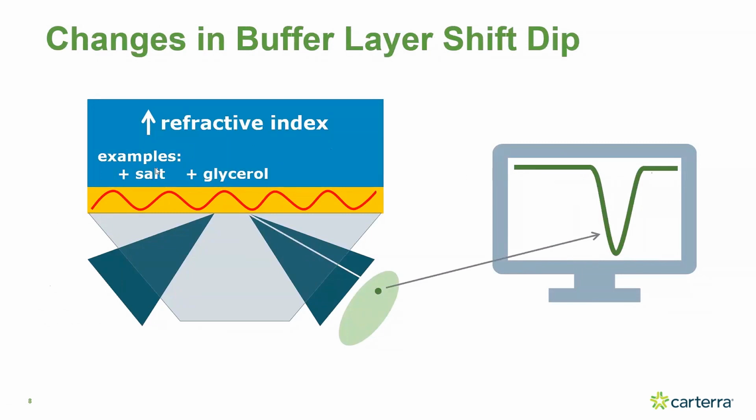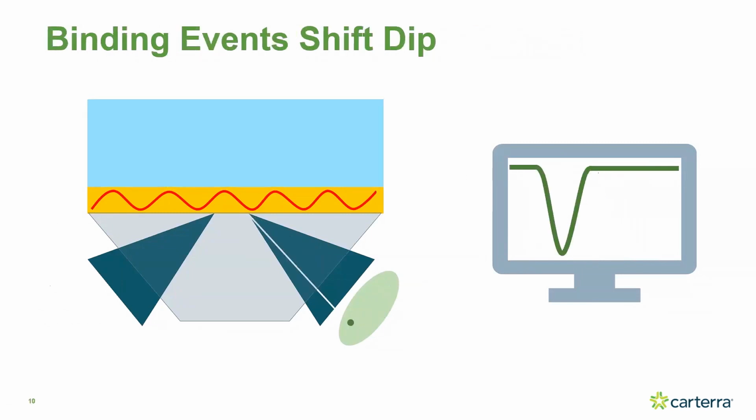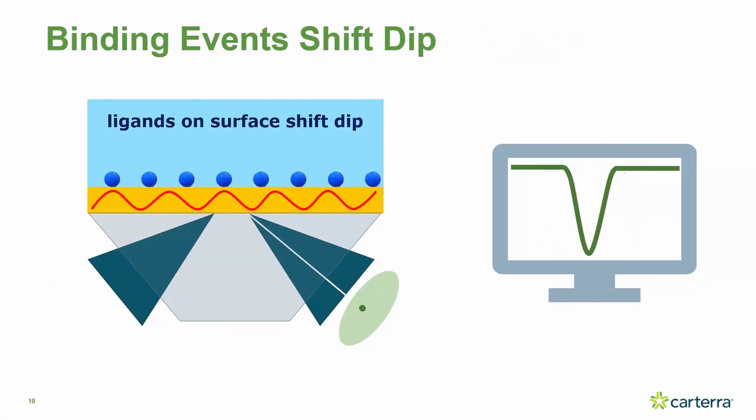It will shift to the left if you have low refractive index. So say you inject water or dilute acid over the surface, that dip shifts to the left. Also, if we were doing a binding cycle, say we're at essentially rest position with a bare chip in buffer, and then we immobilize a ligand to the surface, we get a shift to the right of the dip because the binding of protein at that surface fluid interface